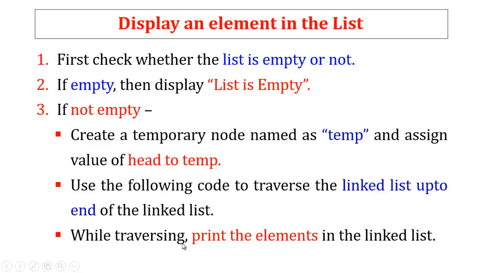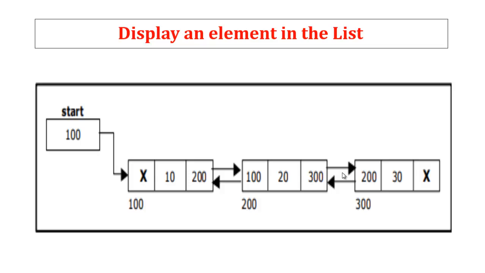While traversing, print all the elements of the list. When the temporary pointer reads a specific node in the given list, it prints the data to the users or programmers. This is the possibility to display the elements. So take an example: if you have 3 elements present in the given list. This is the first element and this is the last element, because the previous field of the first node indicates null and the last field of the last node indicates null, and the head points to the first node of the given list.